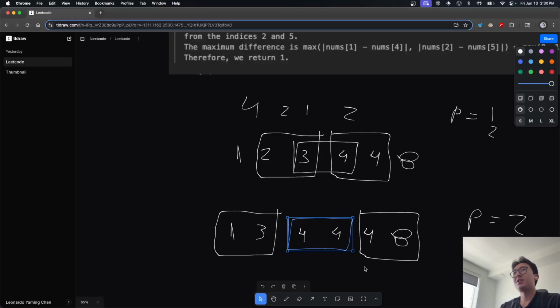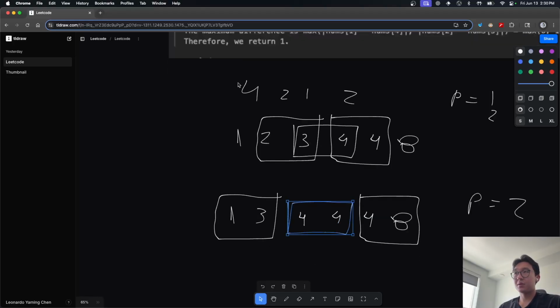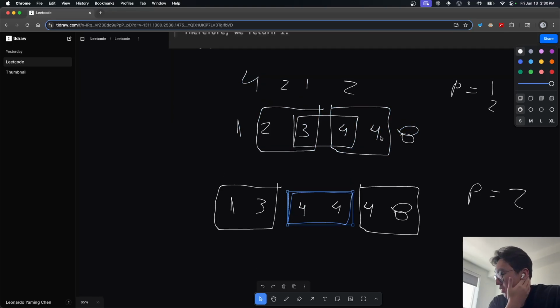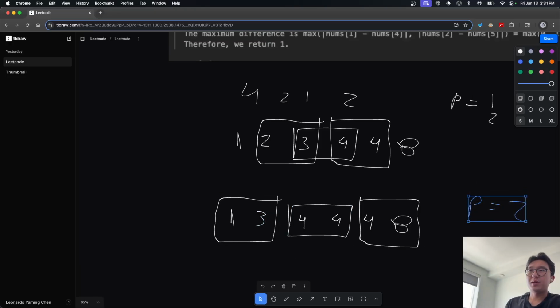How can we use binary search? So, okay, what does it mean when we sort the array? 1, 2, 3, 4, 4, 8. What does that mean? We have elements close together, right? So I think we can actually do this. The only thing that's tricky here is the P. But we can go to the middle, bam, grab the two elements. And then